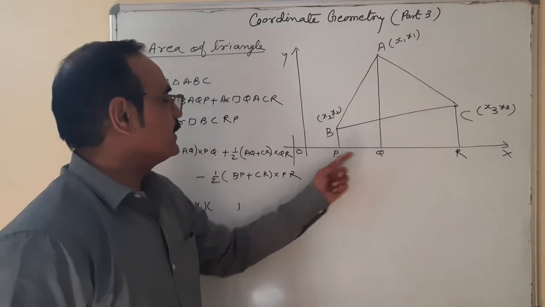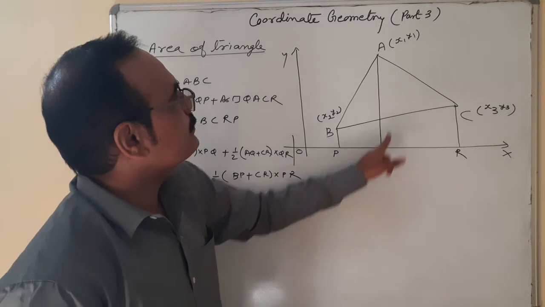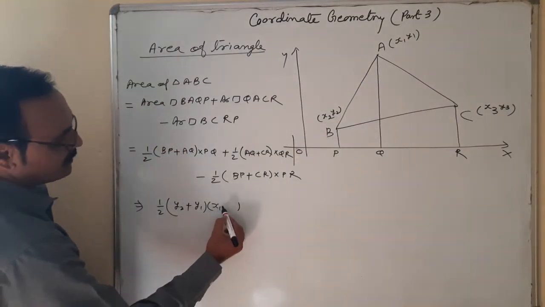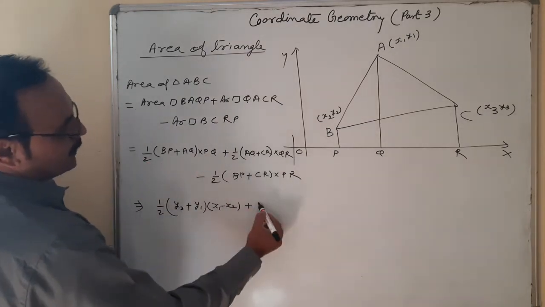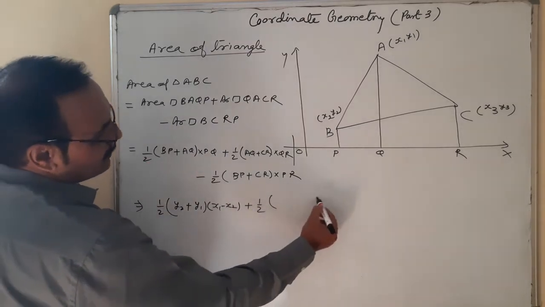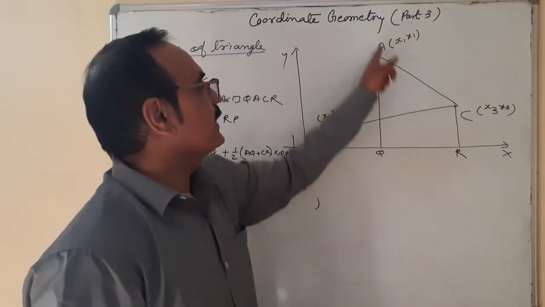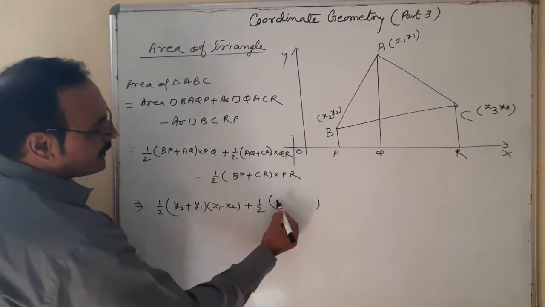PQ means OQ minus OP, that is x1 minus x2. Plus 1 upon 2 AQ plus CR. AQ is y1 plus CR y3, so y1 plus y3,